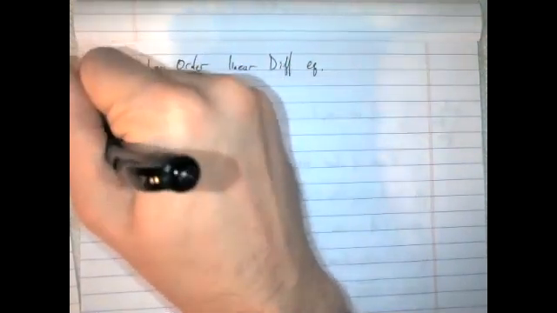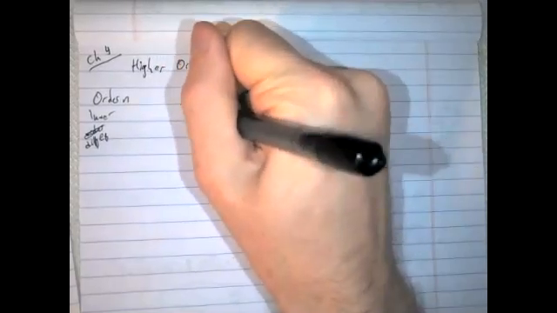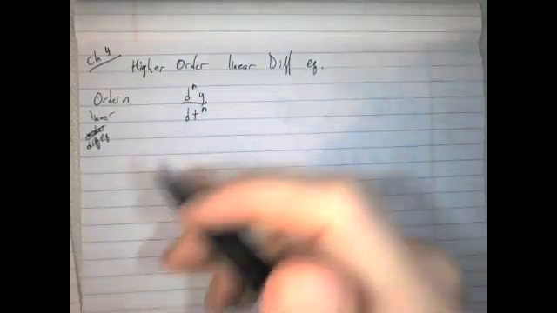Okay. Can someone give me the general form for an order n linear differential equation? What does the order n mean? The highest derivative is the nth derivative. Right. So I've got to have a d to the n y over dt to the n. And what sort of coefficient can I have in front of this? Some function of t. So I'll call it Pn of t